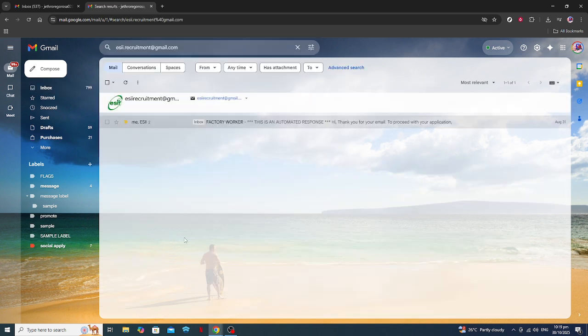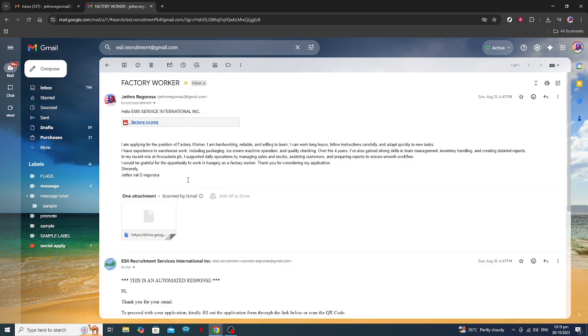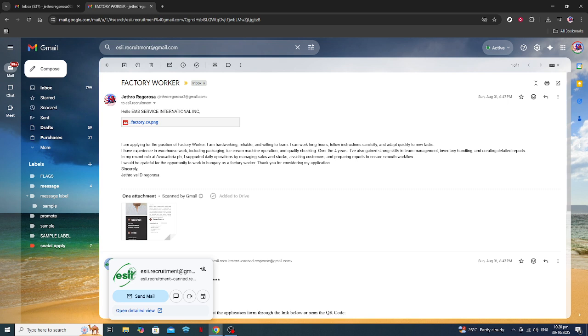Once you've accessed the email, hover over the sender's name in the message. This action will bring up a small window with more information about the sender. In the bottom right of this window, you'll see an option that says Add to Contacts. Click on this link. Doing so will immediately add the sender to your contacts list, making future correspondence more straightforward